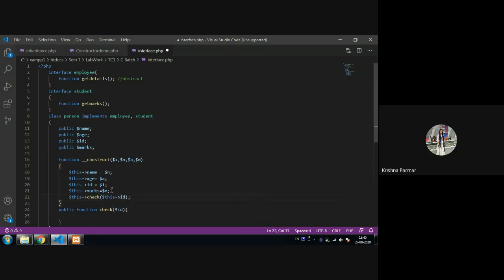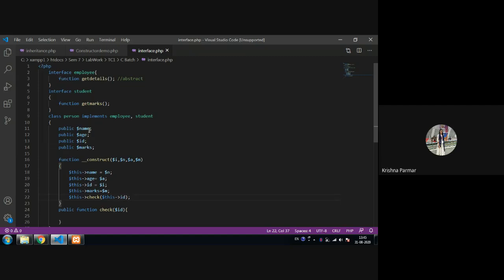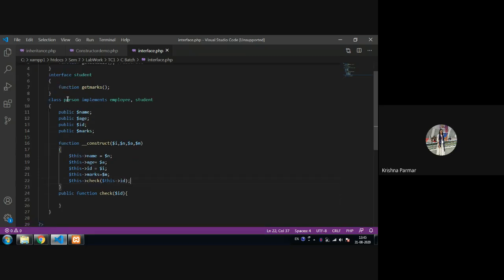Is it clear till now what I want to do? If ID is 1, then get the details of the employee. If ID is apart from 1, then get the details of the student. First we create an interface, then we implement it in our class. We create four different properties, we create a constructor, and in the constructor we call the function.